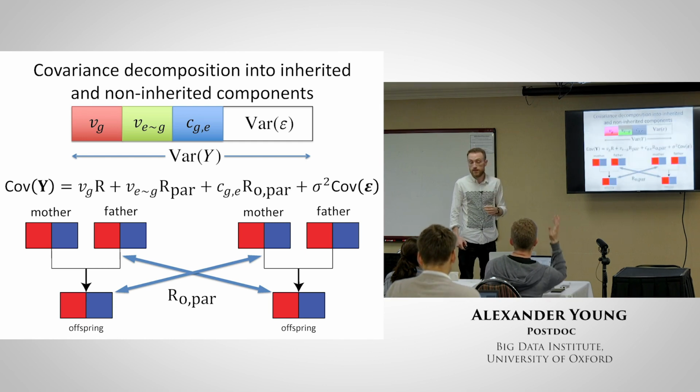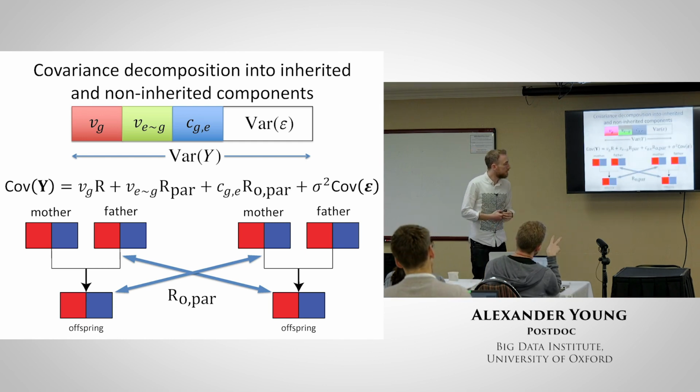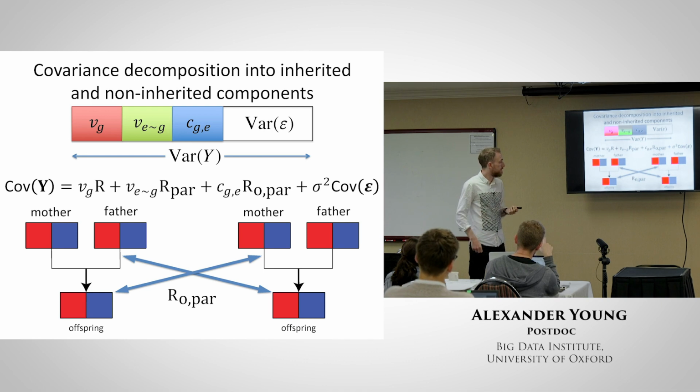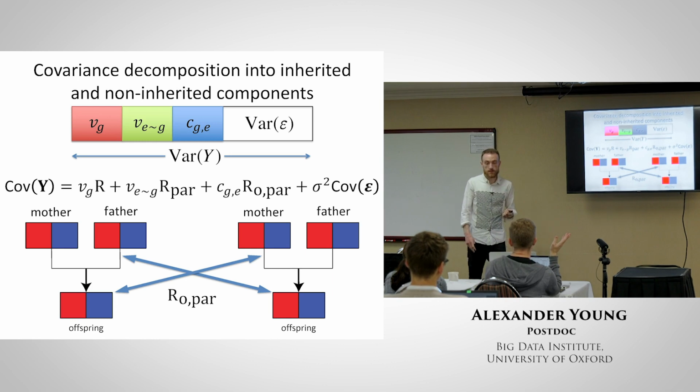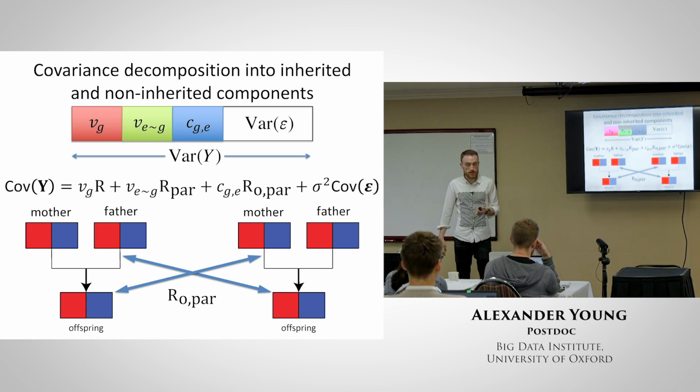Alex? Yeah. Right here. So the first term in your decomposition is the one that I think you're focused on, because it's like the direct effect heritability. Are there intuitive ways that we might be interested in your second and third terms? It sounds like you're treating them a bit like nuisance parameters that we need to include, but do you think there are interesting ways to interpret those as well?